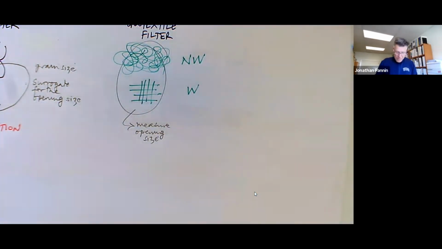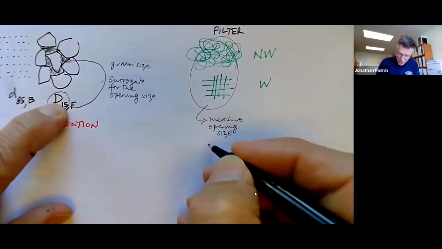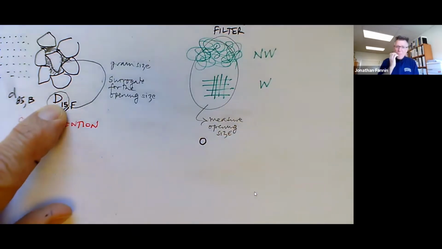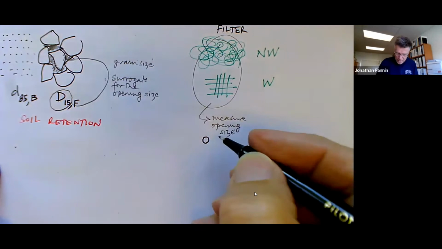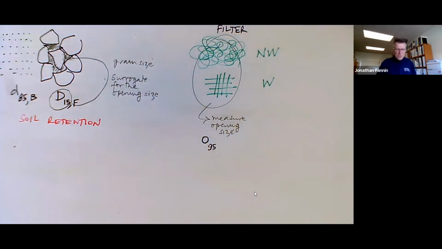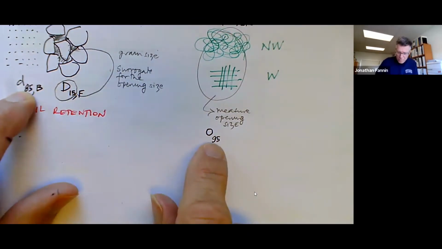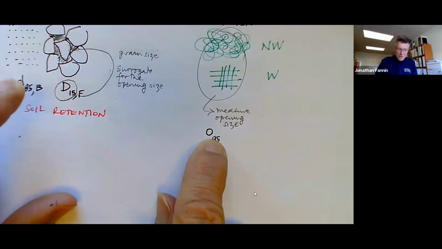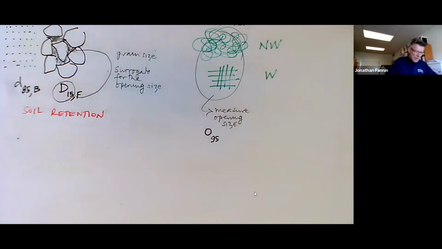And we might give that opening size, being very clever people, if D is for diameter, O is for opening size. And we might be looking at amongst the coarsest end of the opening size, so often reported as 0.95, sometimes as 0.90, etc. But we want to match not a D15 to a D85, we want to match an opening size, 0.95, to D85. So this opening size is of keen interest to us.